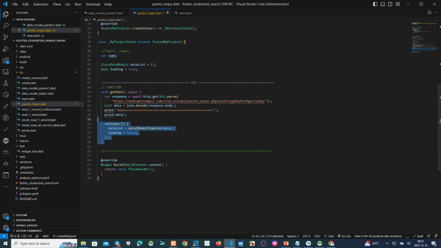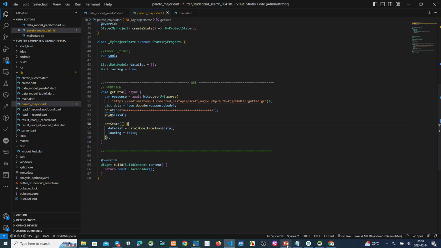This is a script to get data from the backend. This is the script on the backend, Pareto measure. I can copy this script to my video.